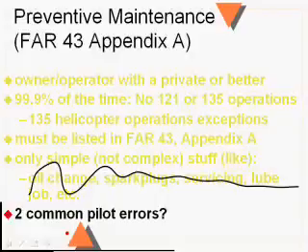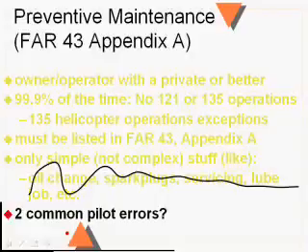And FAR 43 has some things in it about how well you have to do your maintenance, and a couple of things pilots tend to forget to do is that, one, you have to use and follow an updated, revised, current maintenance manual, and secondly, the aircraft isn't airworthy until after the work has been done and until a maintenance record has been entered into the permanent maintenance record. So you got to write down what you did in the maintenance logbook.